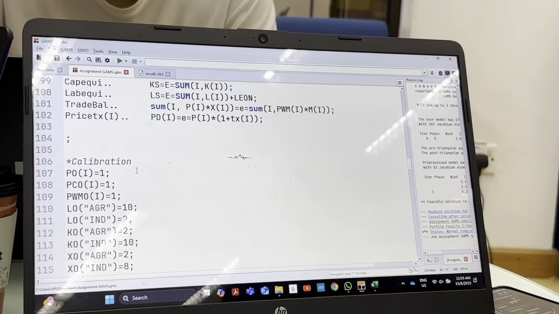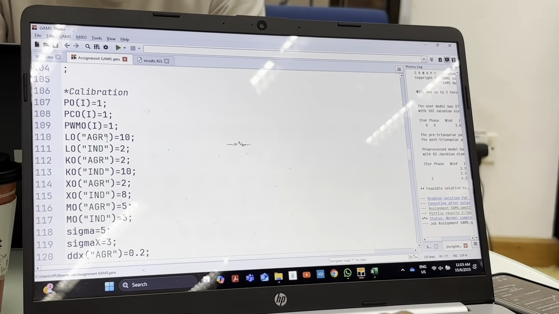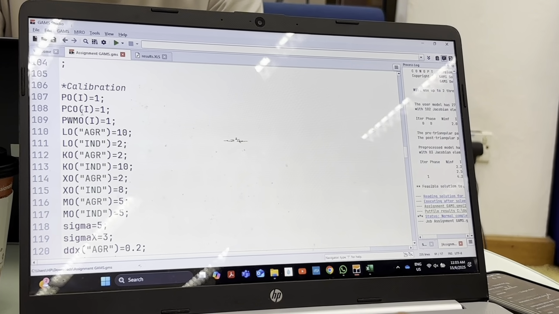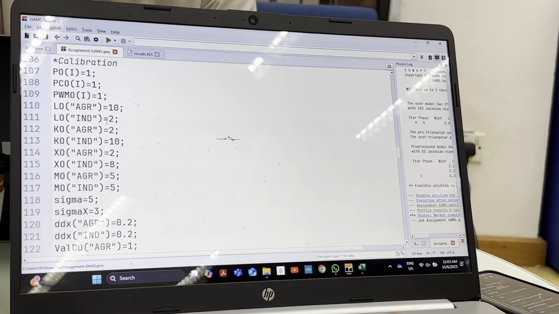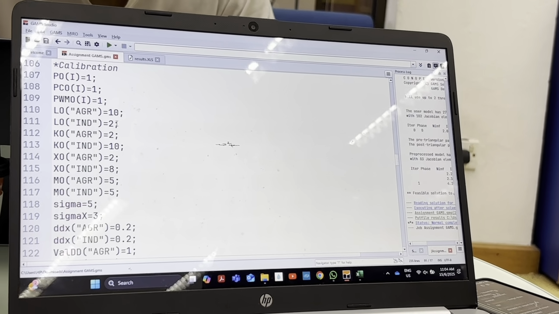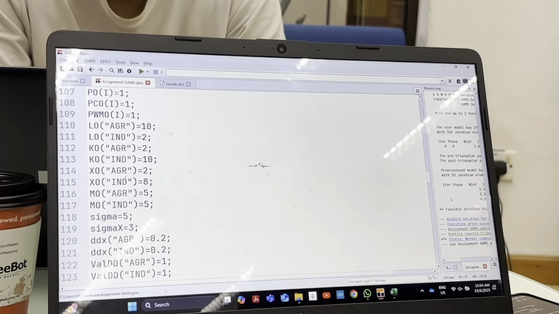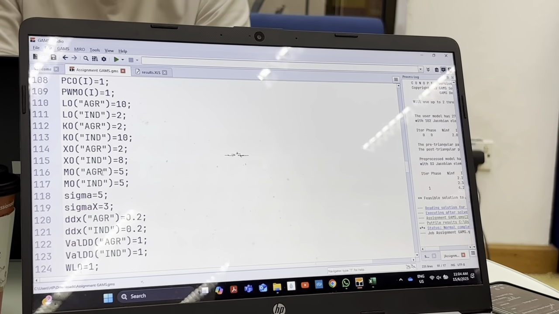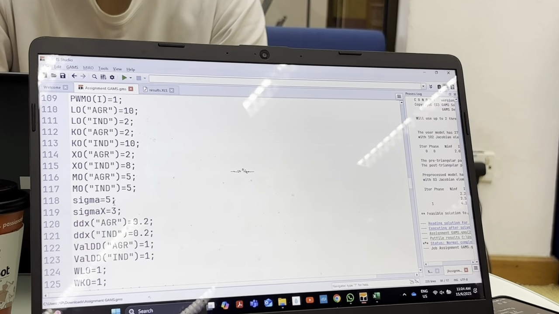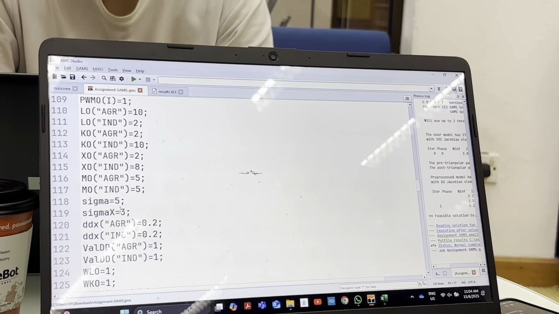These are what we assume in our equilibrium in our model. PO for all industries is 1, PC is 1, PWM is 1. Labor demand for agriculture is 10, labor demand for industry is 2, K for agriculture is 2, K for industry is 10, X for agriculture is 2, X for industry is 8, M import for agriculture is 5, M for industry is 5, and then sigma is 5, sigma X is 3, and DDX for agriculture is 0.2,